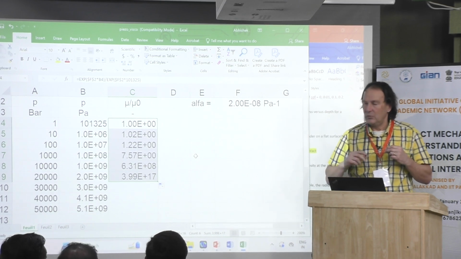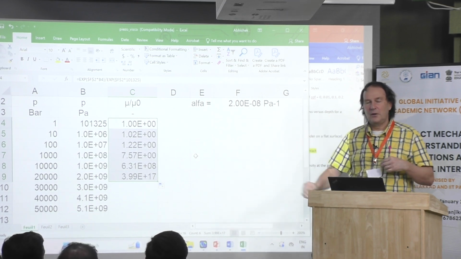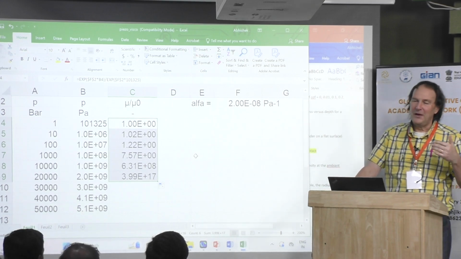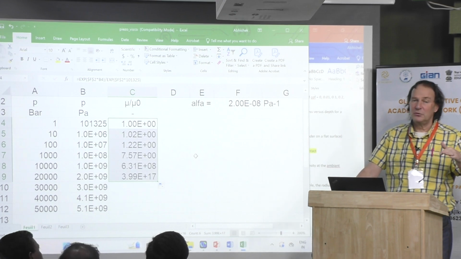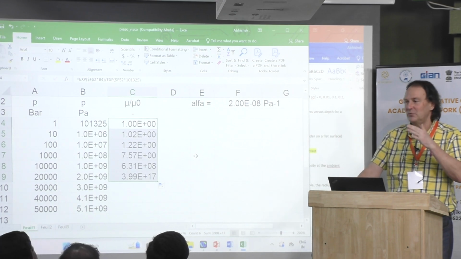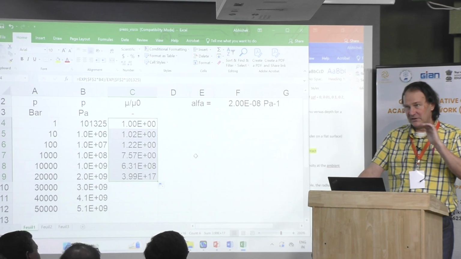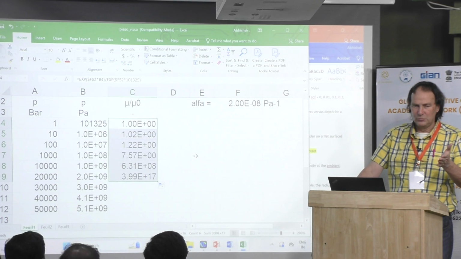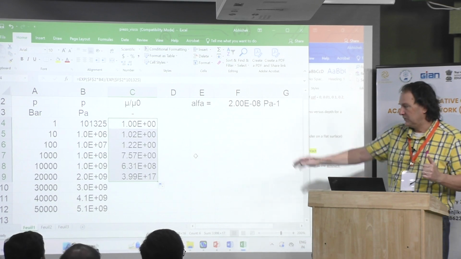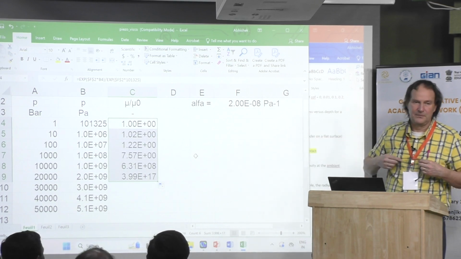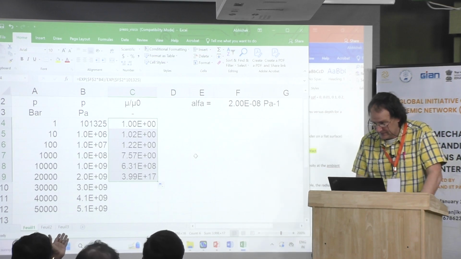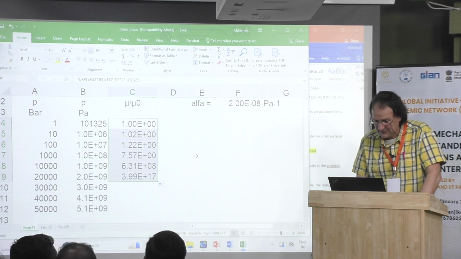Okay, we have to be careful because with the Barus law, they did experiments many years ago, maybe 1 century ago or maybe more, and it's just an extrapolation of measurements at a very low pressure. Then you have to be very careful. This is why it is better to use the Roelands or WLF model, but you can see the change of viscosity. Okay. It almost behaves like at 10,000 bar. It's behaving almost like steel. Yes, yes, yes.